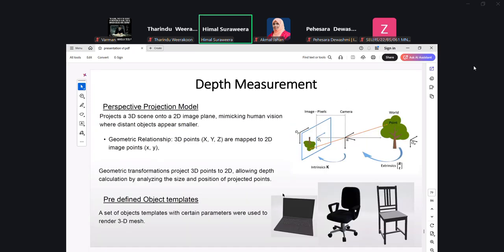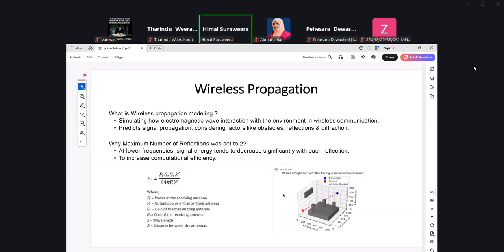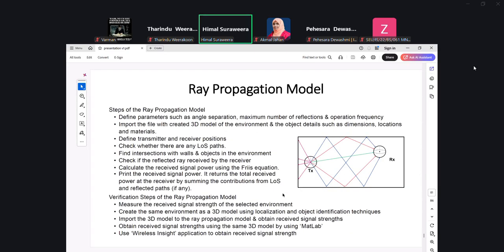And then we do depth estimation to calculate where these obstacles, these objects, are located. And then, as I told you, we analyze their properties: roughness, smoothness, all those properties. Based on those inputs, we apply them to our ray propagation model, or ray launching model.